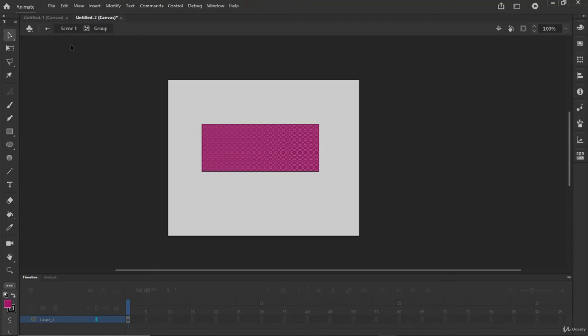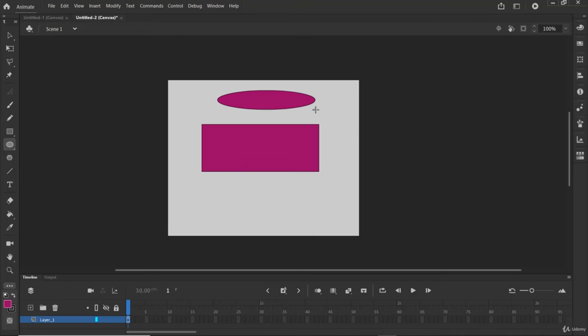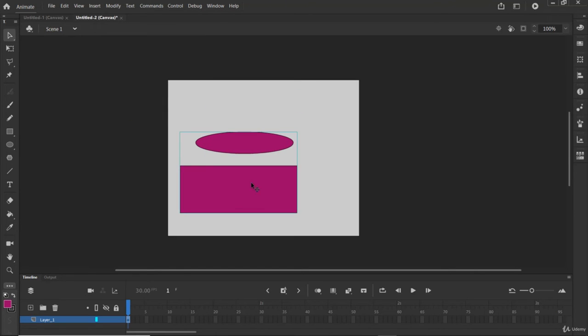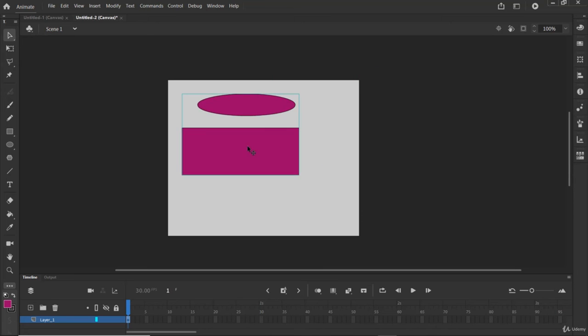So this is how shapes work in Adobe Animate. I'm going to draw another shape, like a circle like this, and we can group it. You have to click on Modify and Group. Now you can move all these shapes around.